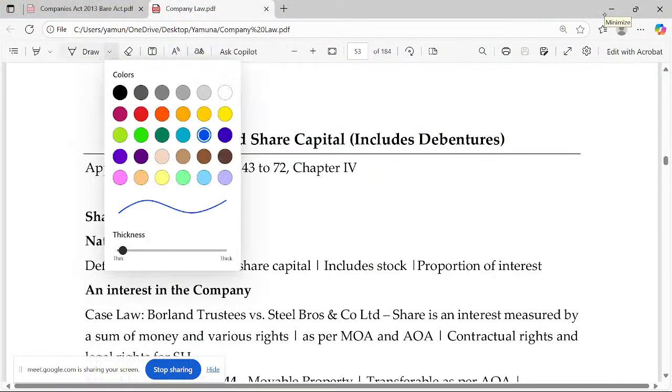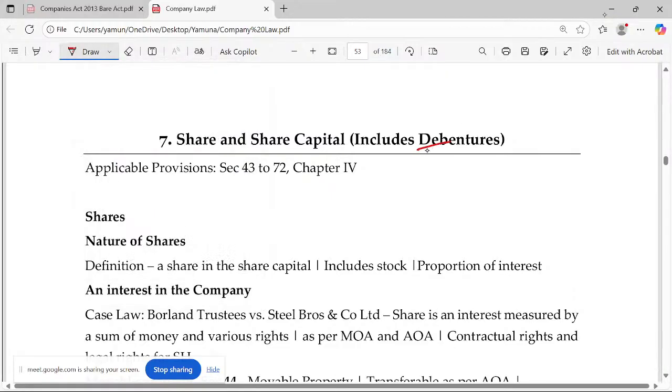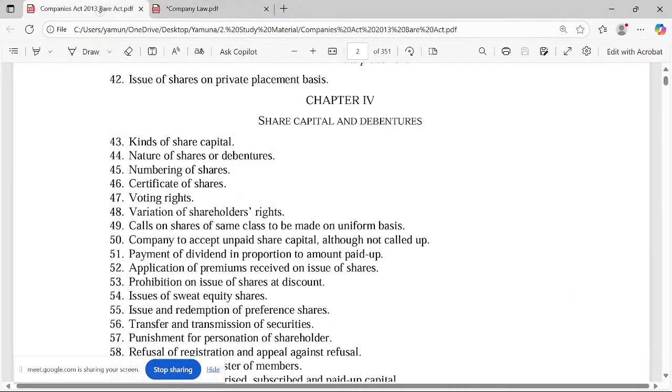Topic: Share and share capital includes debentures. Following the provisions of Companies Act, Section 43 to 71, Chapter 4. So let me go for the Bare Act first, then I'll come here. Okay. So Bare Act,